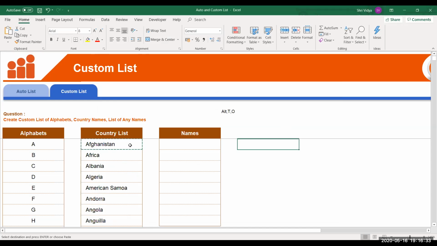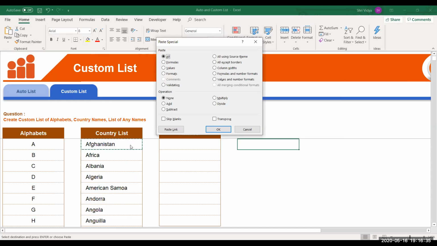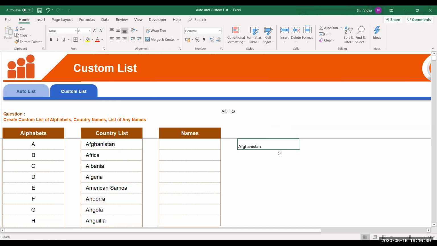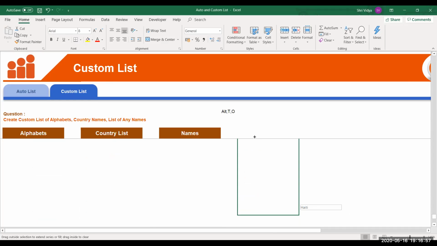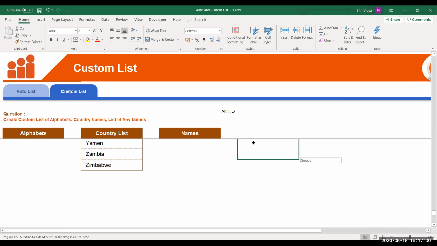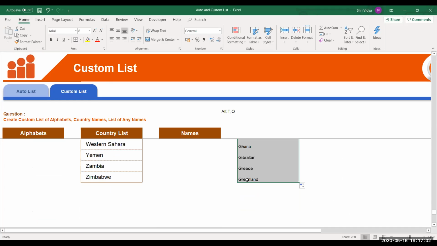So one of the country values I'll copy and paste it here. Now when I drag it, you see, since we have created the list, it's going to appear for me. Now let me drag it further, just to check if the values are matching and if all these are included.